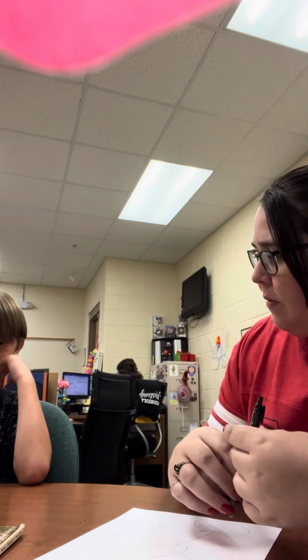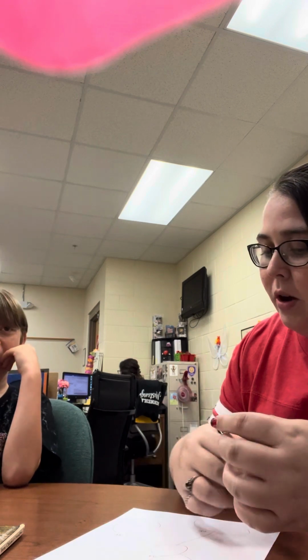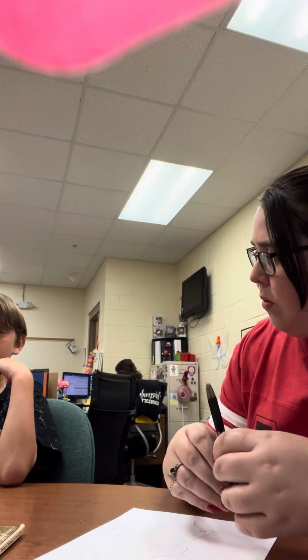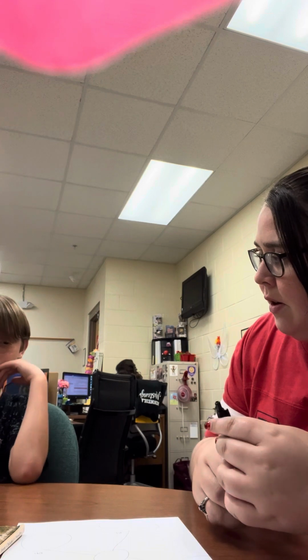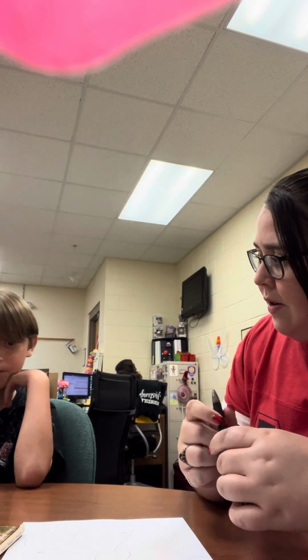When I ask you what the central idea of a story means, what does that mean? What's this all about? What's the story all about? And then once you've told me the central idea, what else do I ask you to give me? What are the other things that we would put around our thinking map? Once we have the central idea, what are other things that help us to know what that central idea is? The relevant